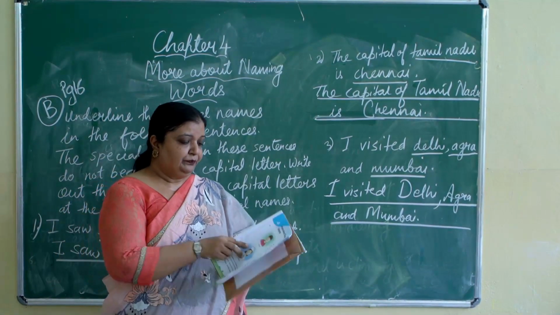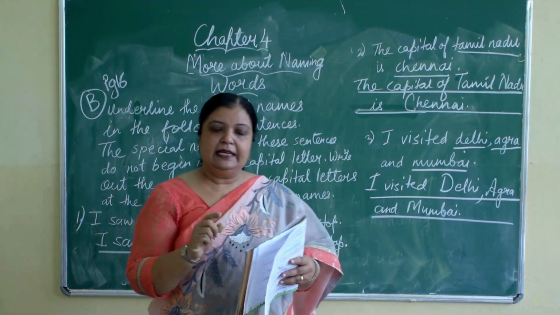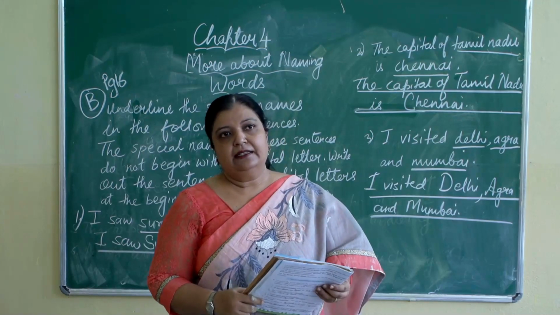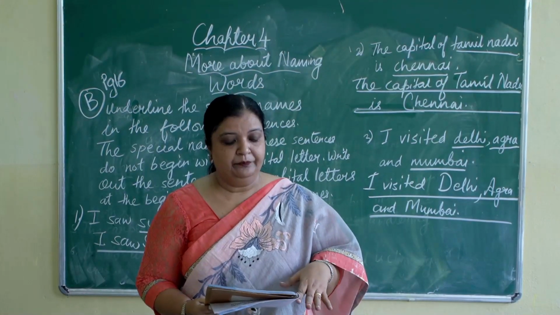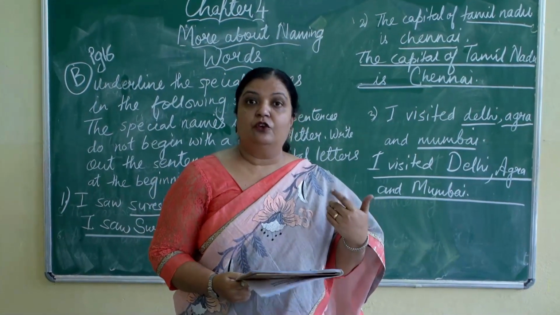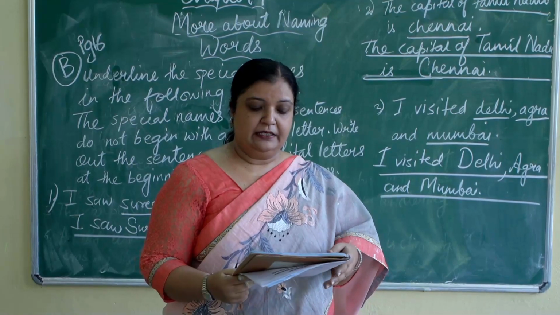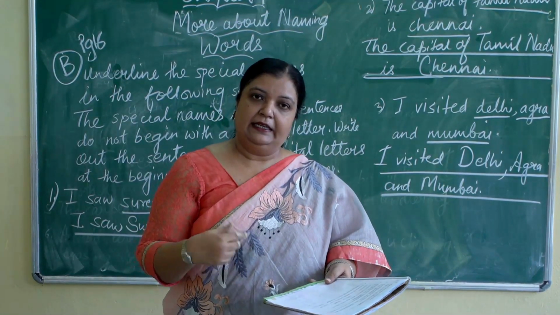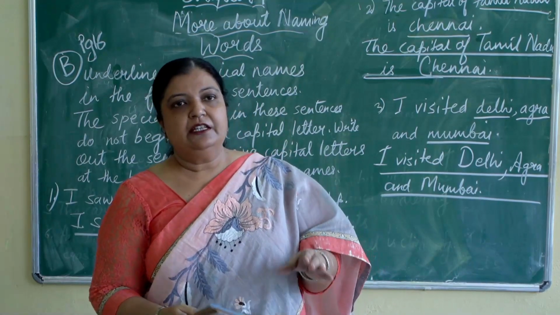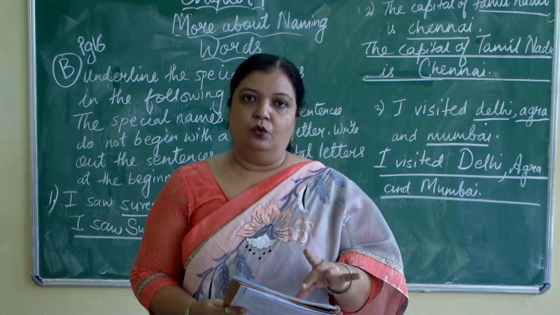Now children, in concern to this only, page 17 C exercise is given. That exercise you can do by yourself because you have to tell your name, name 2 of your friends, and where you live, that you have to write, and then again your name, name of the two friends, and again where you live. This exercise you have to do according to your own identity.